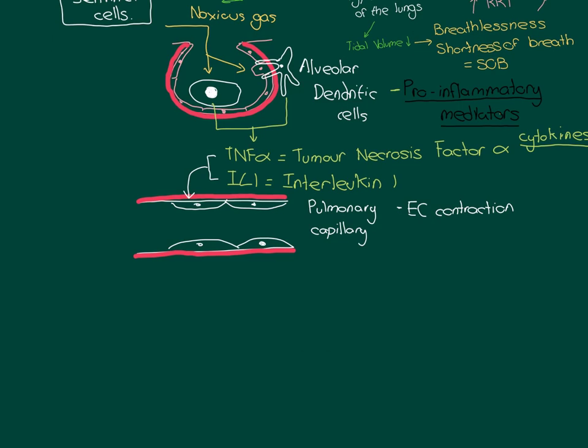So I'll show this. What might happen is if I have an endothelial cell here, it might go from looking like this to looking more like this. This is what I mean when I say endothelial cell contraction, a change in the shape of the endothelial cell. And if you can imagine what would happen if all of these endothelial cells did that, it would open up gaps between the endothelial cells, and I might just draw it on here.